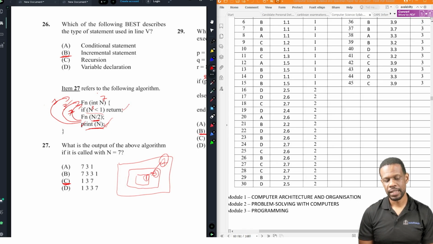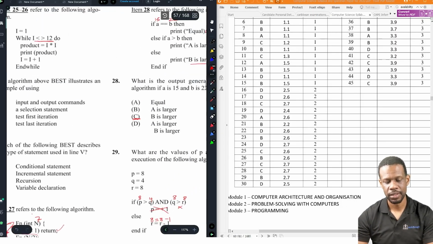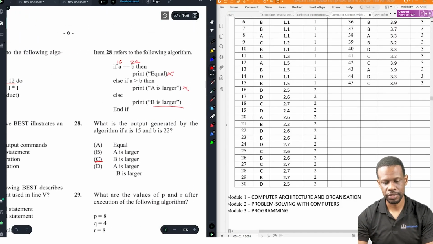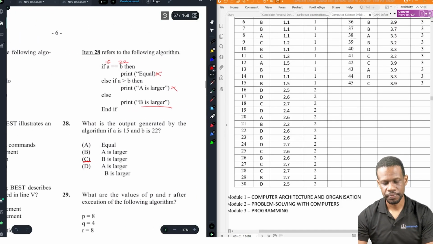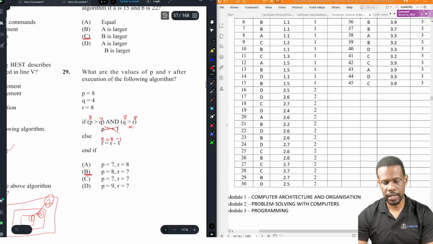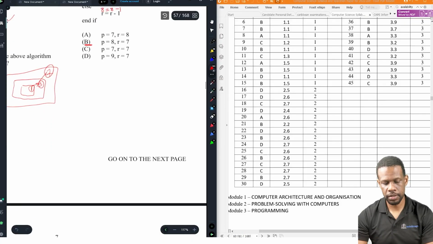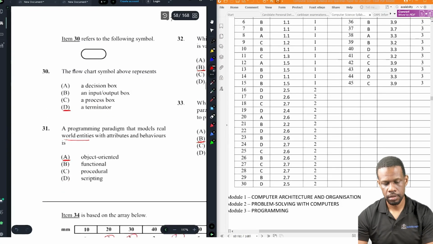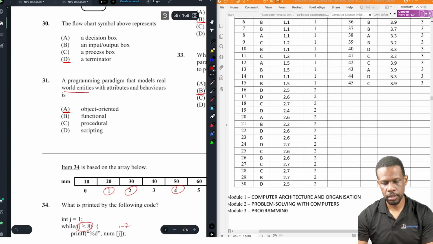But let's just say if you see this question, when in doubt, choose C, okay? Because to explain that and what is actually happening programmatically, it's tough. 28 C, 29 B, 30 D, 31 A,